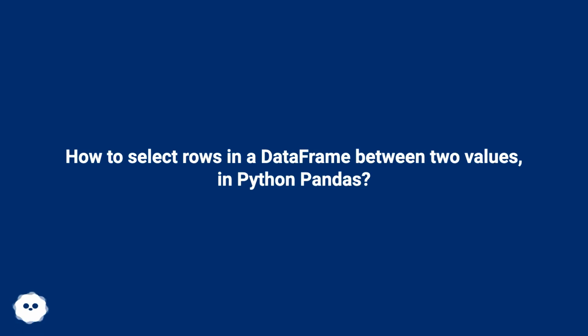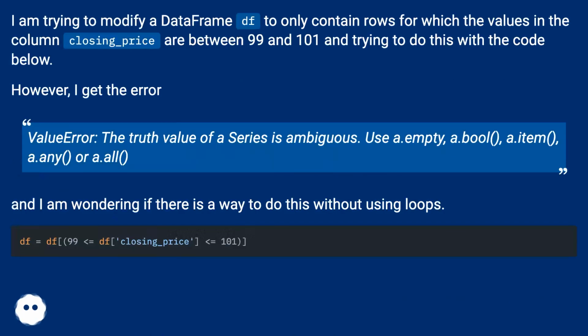How to select rows in a data frame between two values in Python Pandas. I am trying to modify a data frame df to only contain rows for which the values in the column